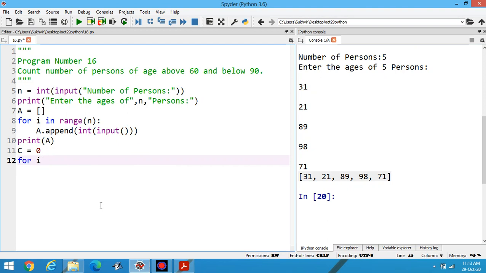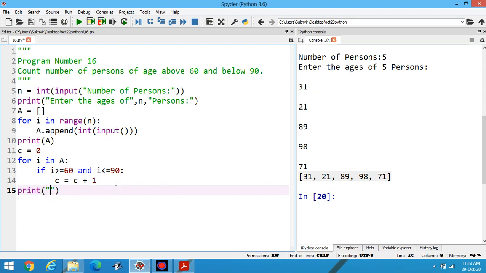For that, for I in A, if I greater than equal to 60 and I less than equal to 90, C is equal to C plus 1, then printing of data, print persons between 60 and 90 are, print.